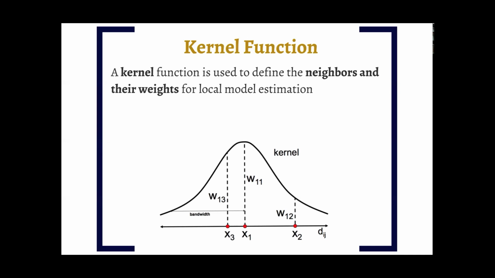So basically you just define your neighbors for each state in the state example. For example, in the state of Illinois, you can define the 10 nearby states to be the neighbors of Illinois for fitting the model. And for the nearby states, for example, Indiana will have higher weights than the other states that are not adjacent to the state of Illinois. Basically, we're using the kernel function here to define the neighbors and their weights for the purpose of the GWR. So the kernel function,